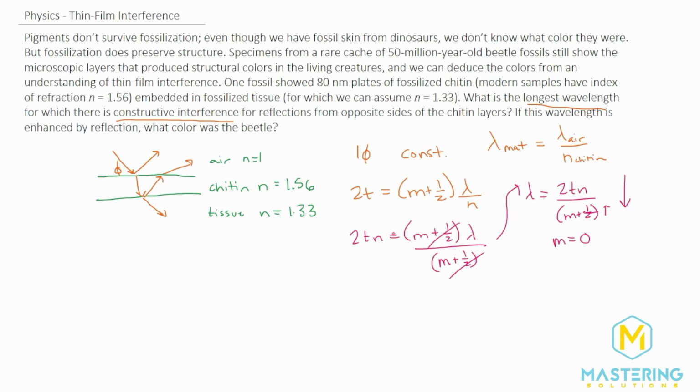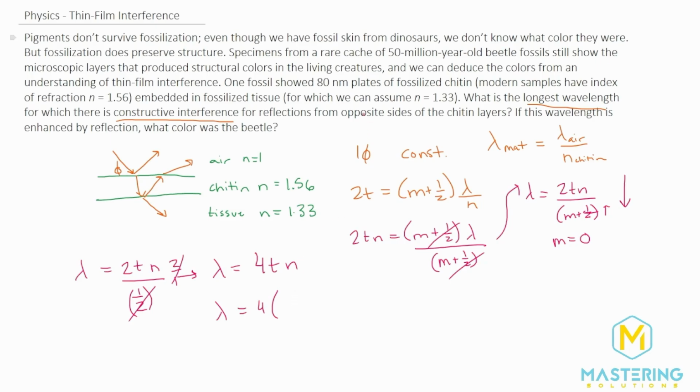So now we can go back to this equation up here. And we're trying to solve for the longest wavelength. So we'll be using m equals 0 in this case. Let's rewrite it over here. So we have lambda is equal to 2tn over 1/2. Now dividing by a fraction, as we've talked about so many times, is equal to multiplying by the reciprocal. So we could rewrite this to simplify it as multiplying by 2 over 1. So that goes away. So we have 4tn. And so the lambda will have 4 times the thickness.